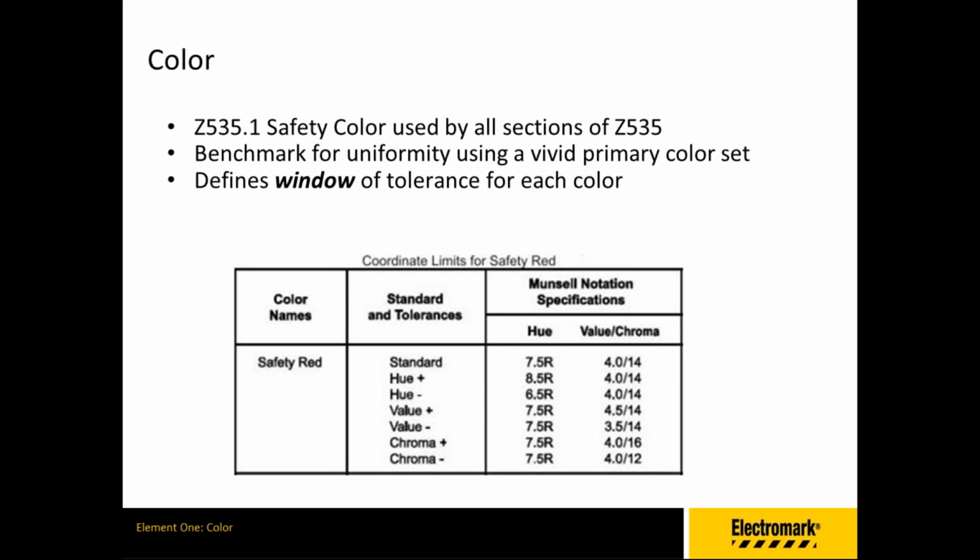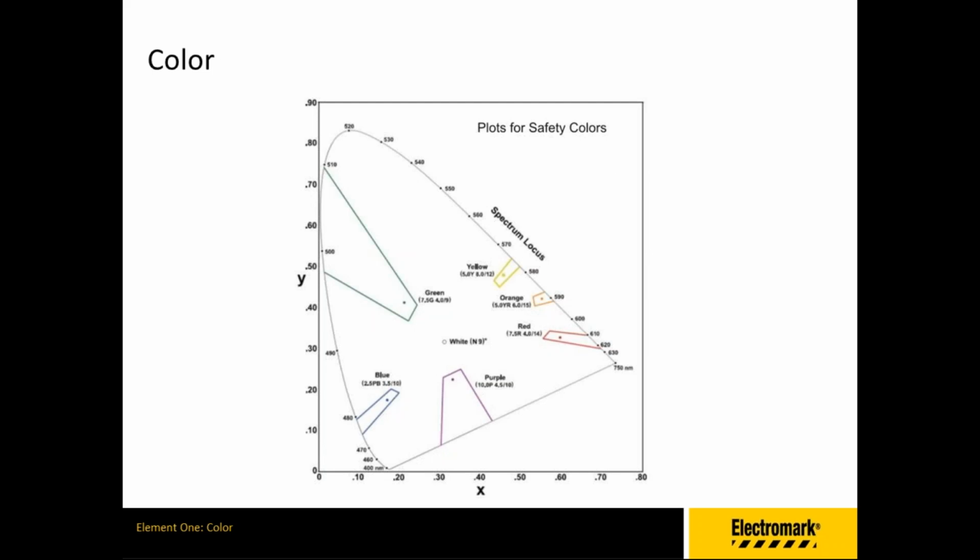So to let you know what I mean by that, if I were to give you 3 coordinates that define ANSI Safety Red, you're still going to scratch your head and say, what is ANSI Safety Red? But I can give you the closest Pantone number. You could look that up in a Pantone book or even on the computer, and then you could get an idea what that color looks like. But that's not the actual specification. The specification is a 3-coordinate system that's plotted in 3-dimensional space. And so here again, this slide depicts those windows of color with all of the colors, and they're shown plotted